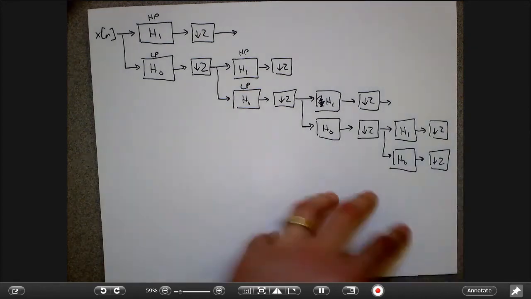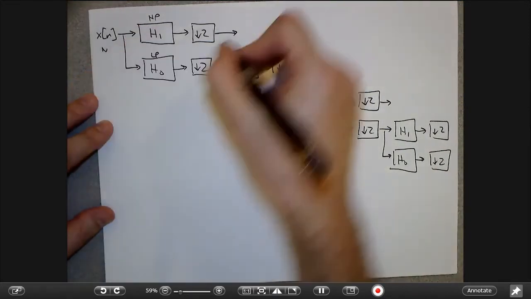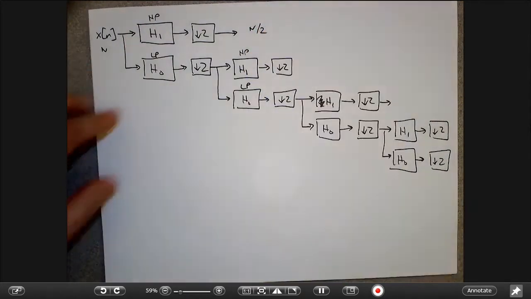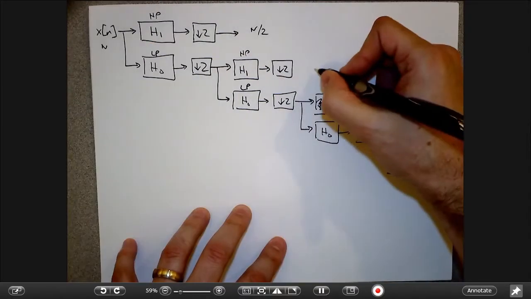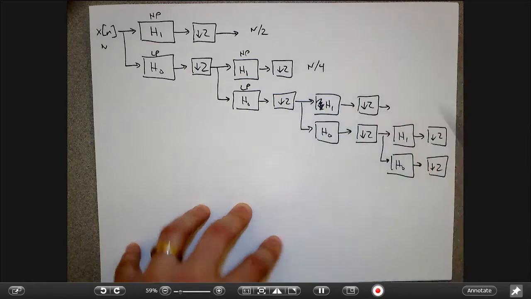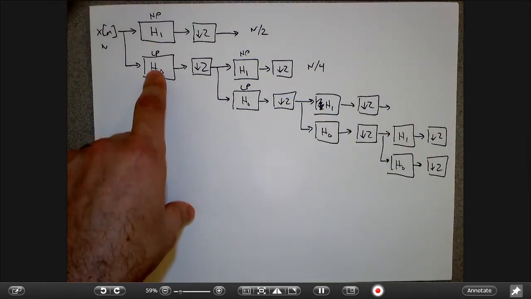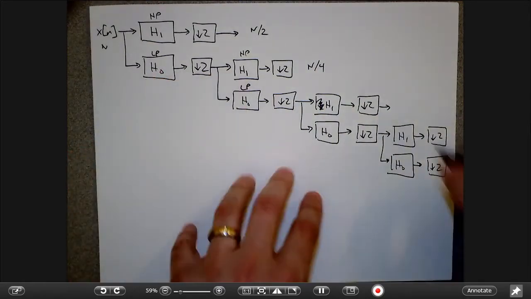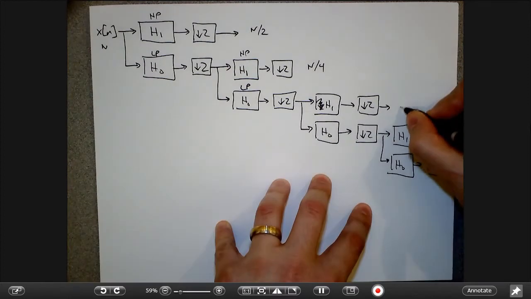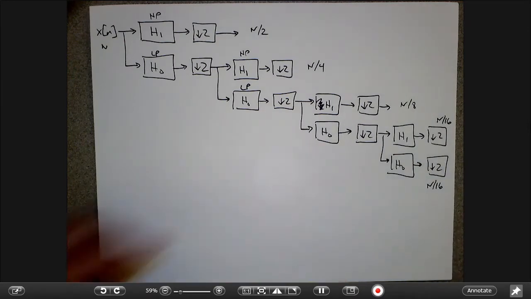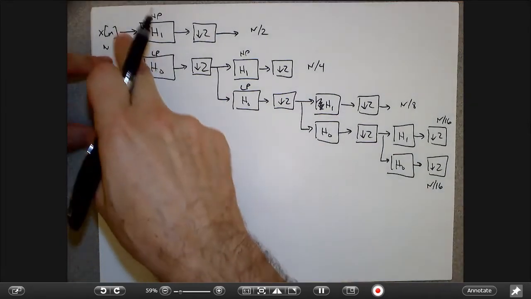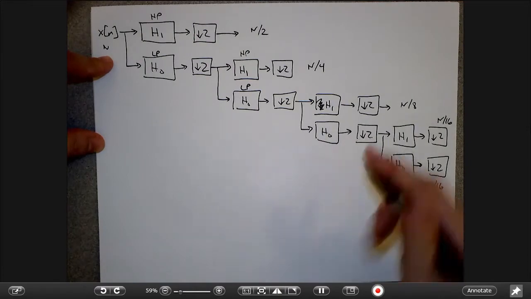And so the idea is that if I had n numbers here, then I'm going to have n over 2 numbers that come out of my very first high-pass filter bank. I'm going to have n over 4 numbers that are low-pass filter, then high-pass filter. Then I'm going to have n over 8 numbers here, n over 16 numbers here, n over 16 numbers here, right? And so the way I think about this is the thing that I get at the very lowest end,